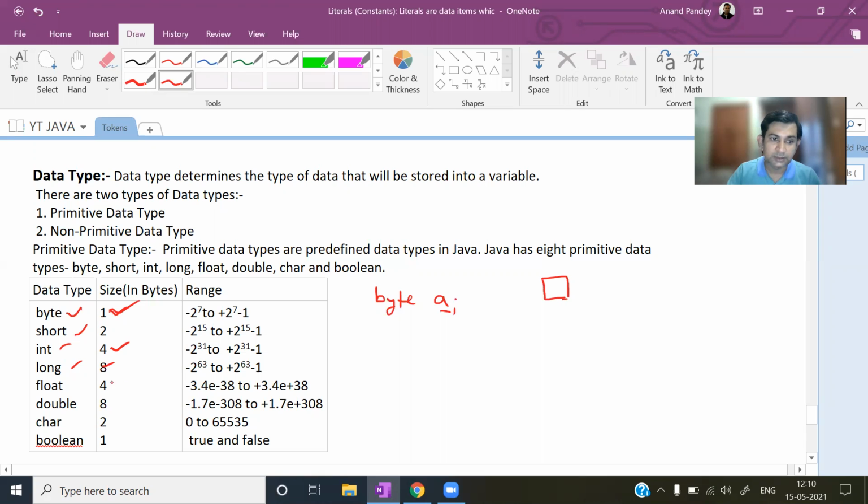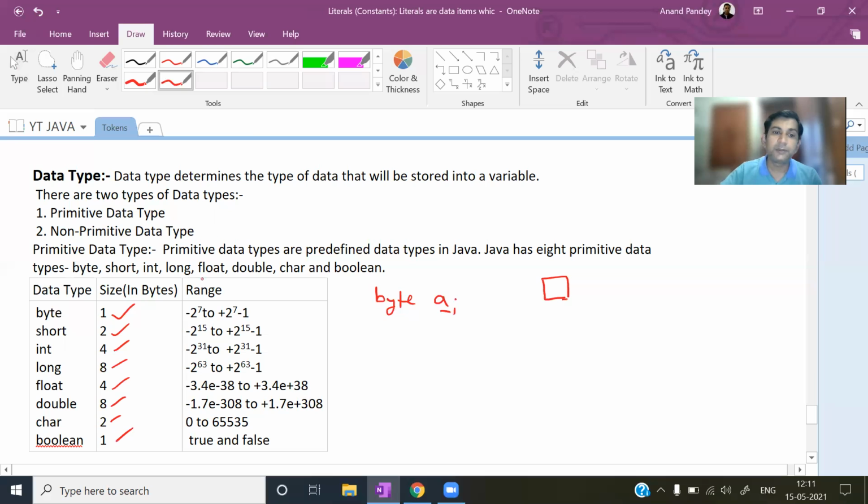Like this, you can see long, float, double, char, boolean. So you have to remember these size and range. So size is clear, I think. How much memory space that variable will occupy, that is the size of that data type.